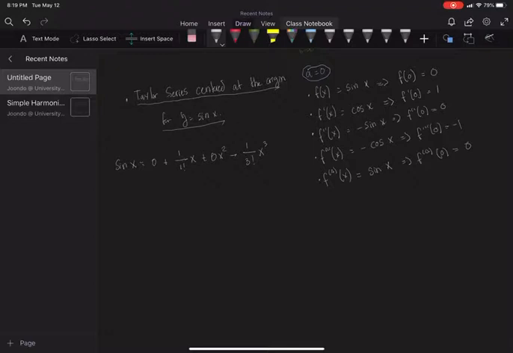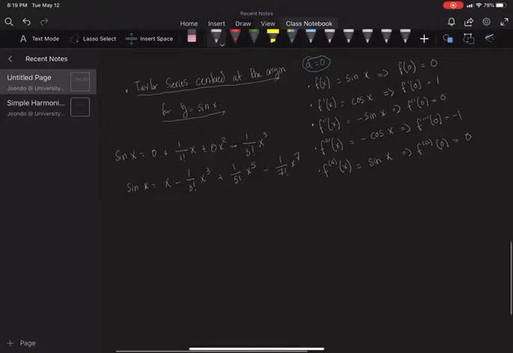So really sine of x is equal to x minus 1 over 3 factorial x cubed plus 1 over 5 factorial x to the 5th minus 1 over 7 factorial x to the 7th. You can really prove this just by yourself. This is a no-brainer. You can do more expansion. You can find this out by yourself. I'll leave that as an exercise as well. And eventually, you get